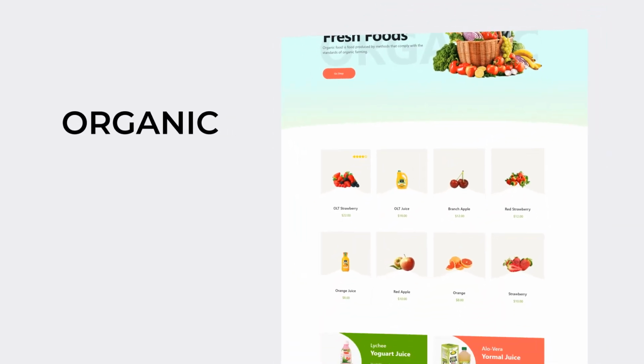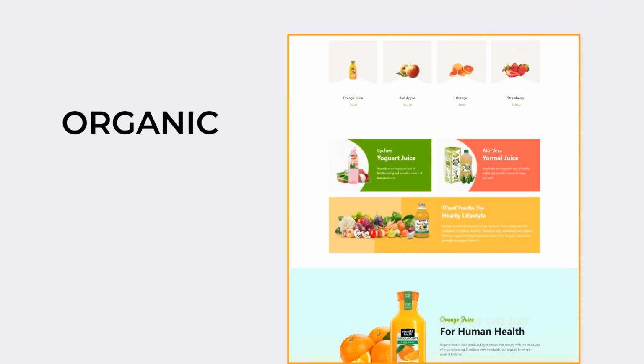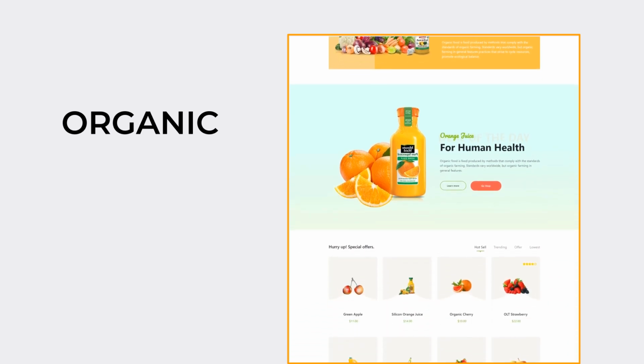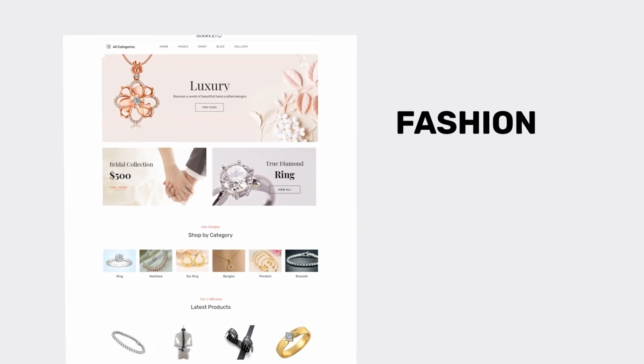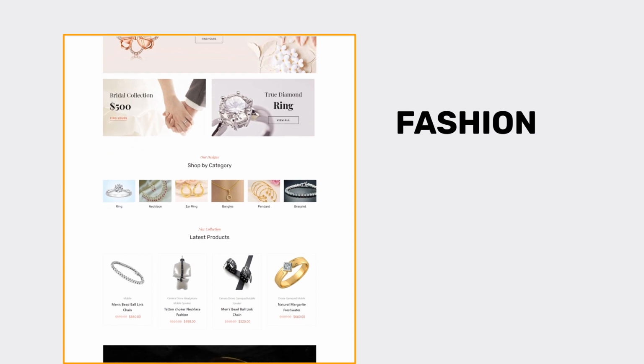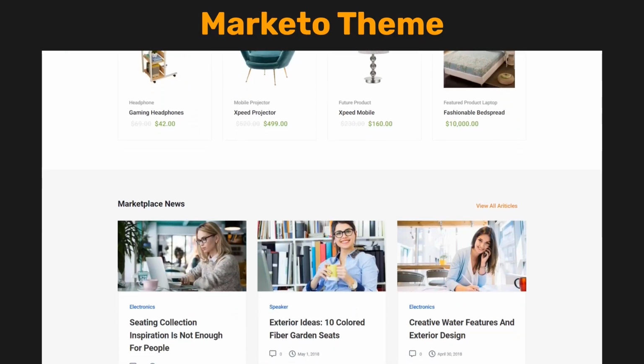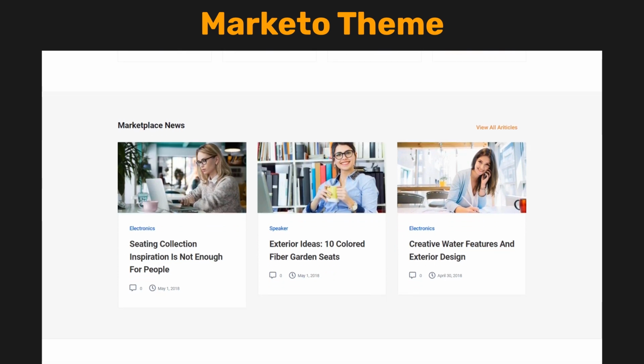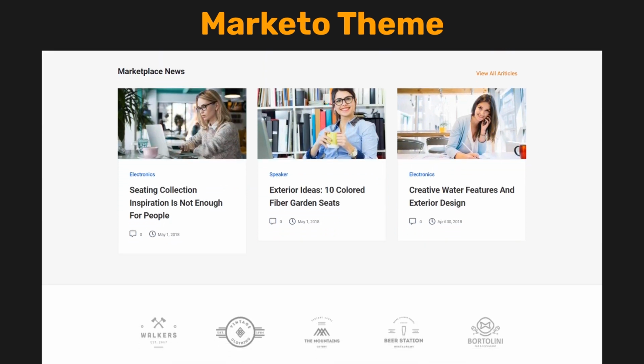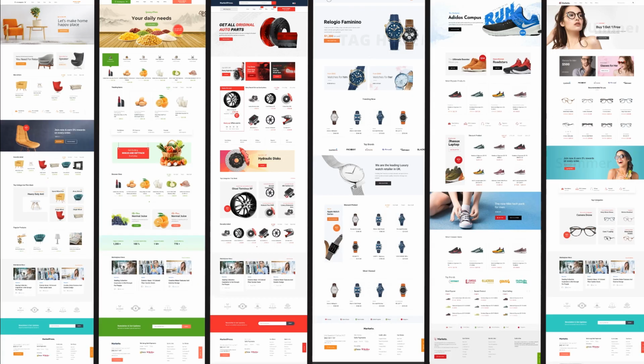organic, and fashion. So, if you are interested to create a website on any of these categories, Marketo will be the go-to theme for you. You will get ready-made design templates for furniture,